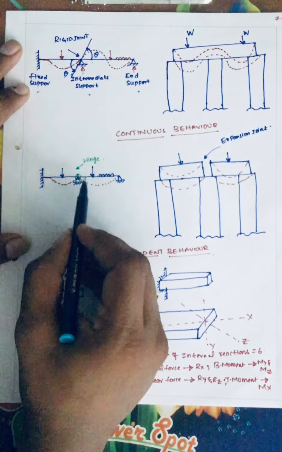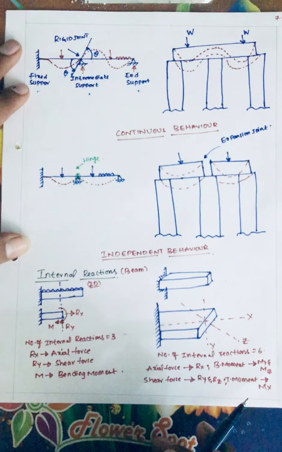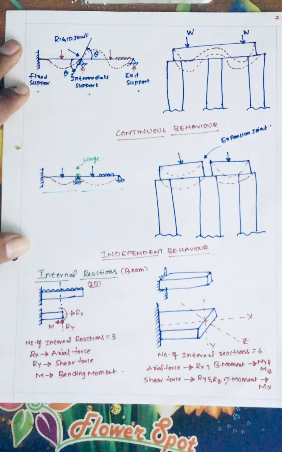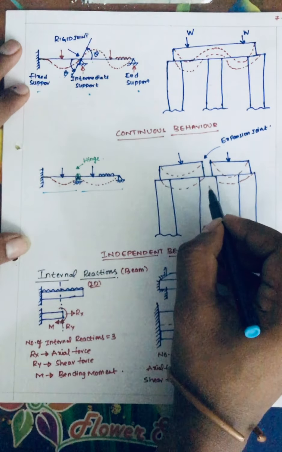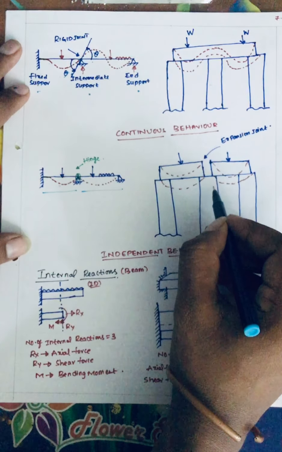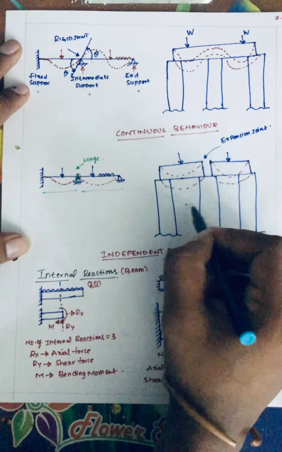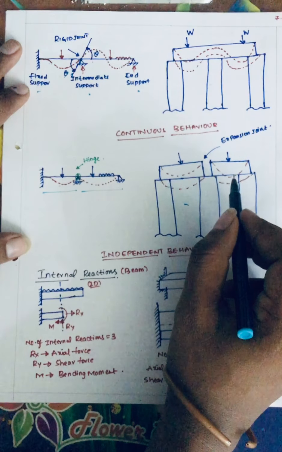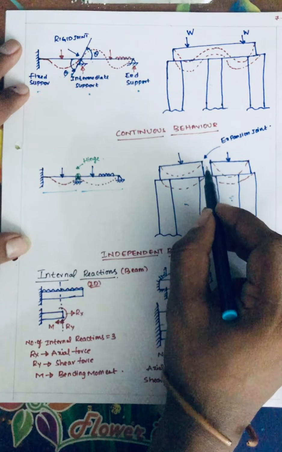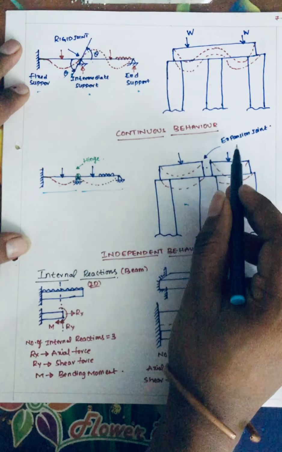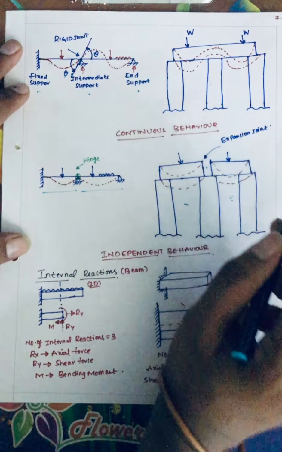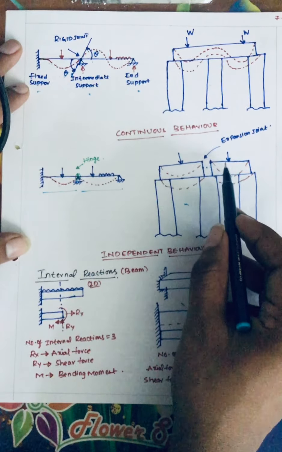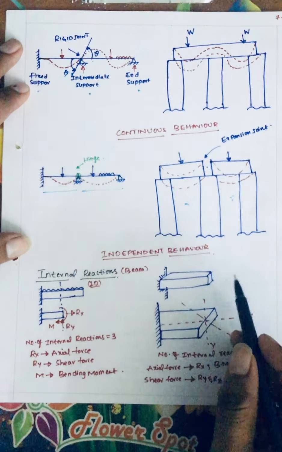Suppose there is a hinge over here, then this part will behave independently and this part will behave independently. Suppose you see any bridge structure, in between there is the expansion joint. This type of behavior you can see in your bridges. When you are traveling on a bridge, suddenly you will get some bumps. That bump is nothing but this expansion joint, this gap which is meant for expansion and contraction during winter and summer seasons. So this expansion joint is allowed. This is about independent behavior.